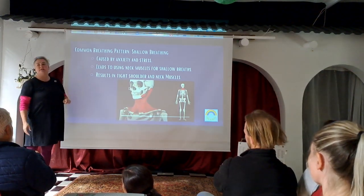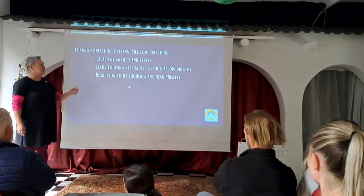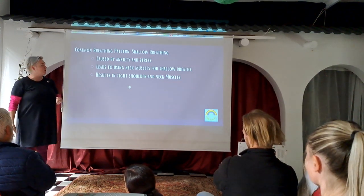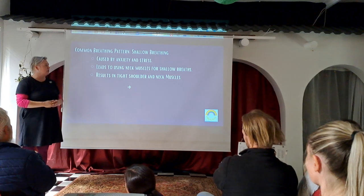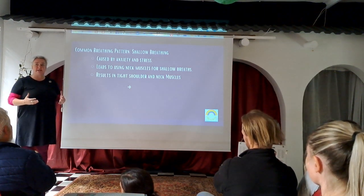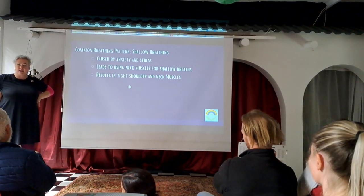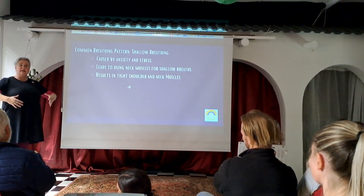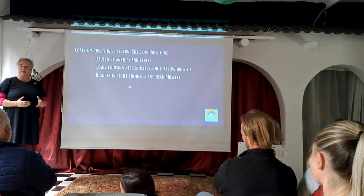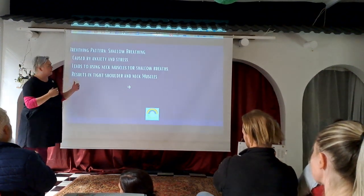Can everybody read? So your shallow breathing is caused by anxiety and stress. It leads to using your neck muscles for shallow breaths instead, and that's going to pull on your shoulders. And what we're trying to do is find a way to breathe deeper. Sitting in your car, you can feel that ergonomic design behind you. You can breathe into your car seat and you can pull yourself out of it again. And in doing so, activate your